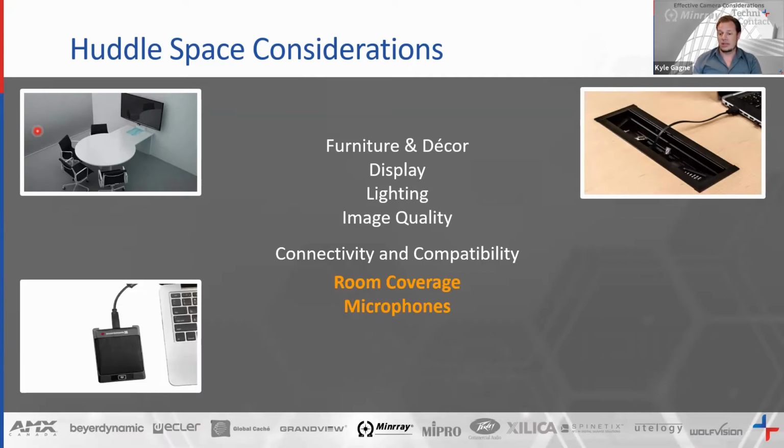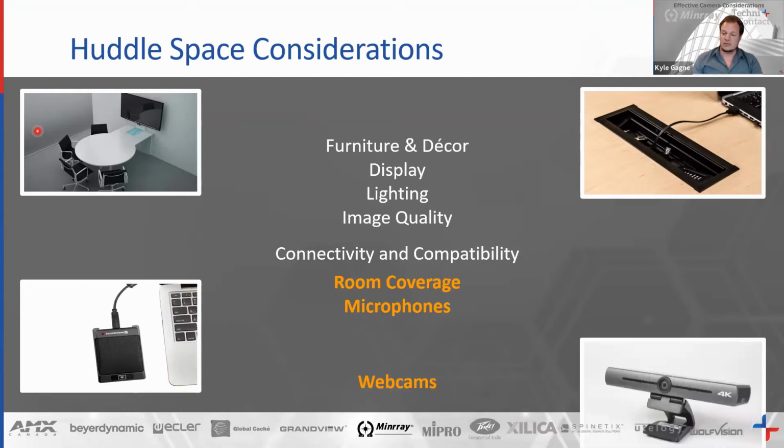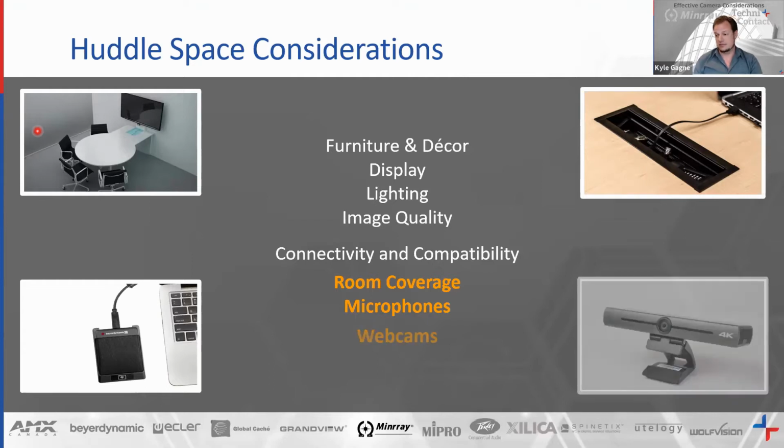Now we've got to really consider our microphone or audio selection for this space. We have to pick up 2 to 4 people in the video call. They all have to be heard, and we don't want to worry about someone turning away and going to a whiteboard and not being heard effectively, which then also ties into our camera selection for these spaces. So this is where the field of view becomes even more critical to make sure that everybody is captured. We have 4 people who are now less than 6 feet away from the camera. We want to be able to capture these people and have our